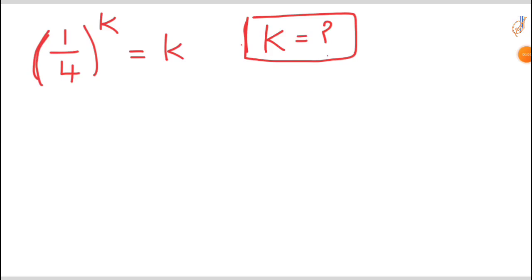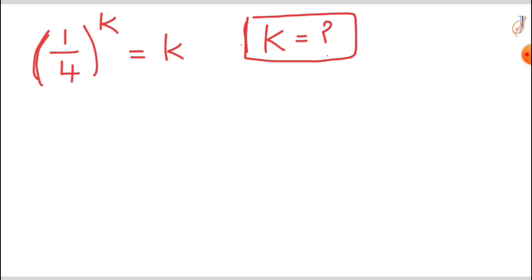Today I am going to solve this (1/4)^k = k. We need to find the k value here. Here I am going to show two methods to solve this k. The first method, which is the easiest method: let's observe the LHS, that is the left hand side part, which we have